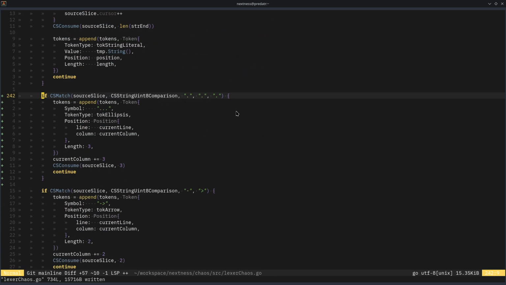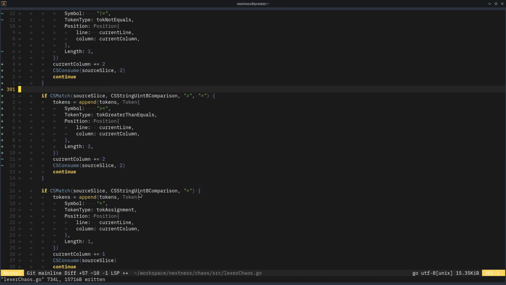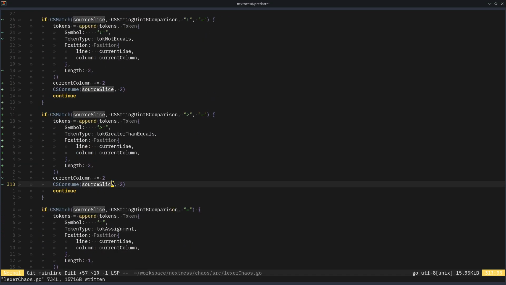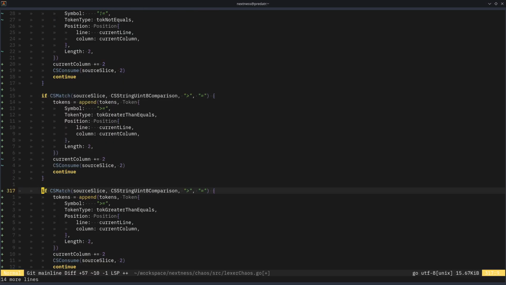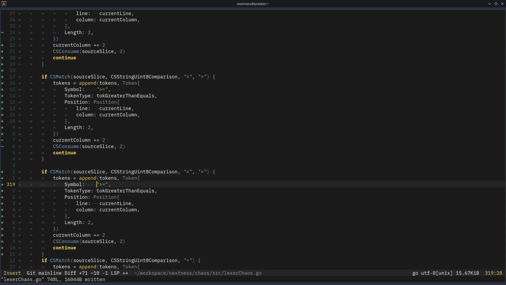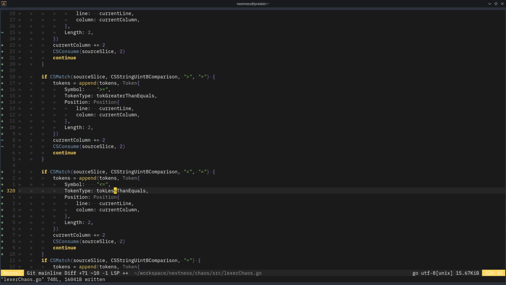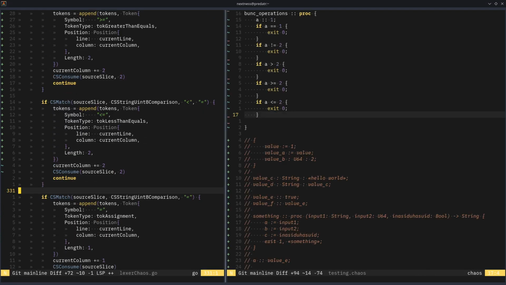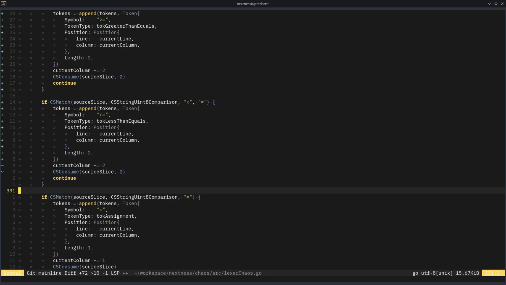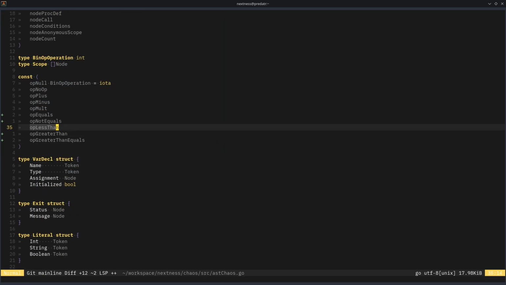Okay, so now we have something with 3 characters, then everything with 2 characters, and then 1 character. And then we can just copy and paste and not make a stupid mistake. And this is less than. Let me close this, and then let's go to the AST, and in here less than